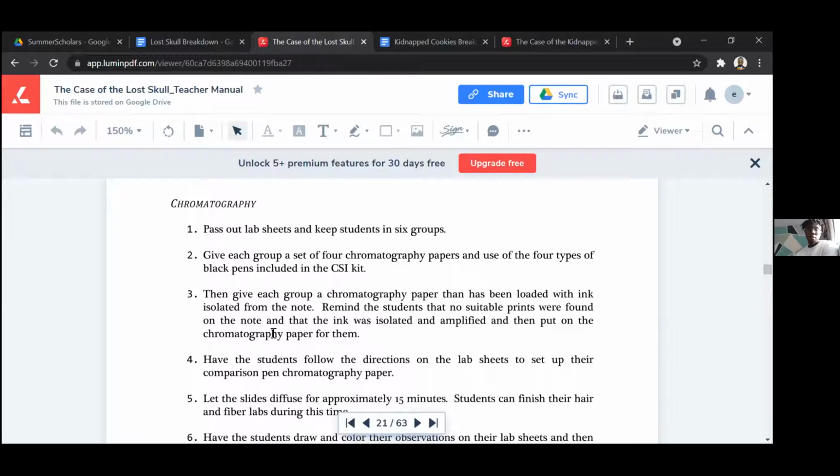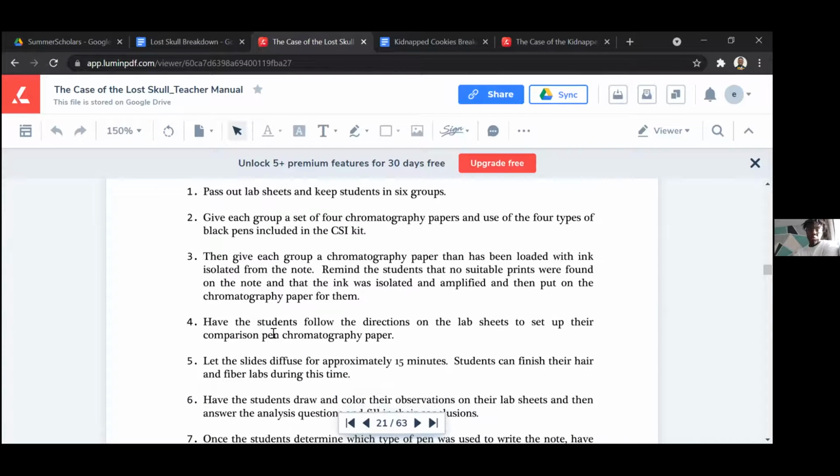Then finally, once we get to Tuesday, which would be day 3 for us, that's when we're trying to finalize everything. So there's a chromatography lab, which pretty much has the students trying to test out the pen that's used on the letter that will be written. For example, this is just an example note that's provided in the kit. And the students will have to use chromatography to test different types of markers and pens that will also be provided in the kit